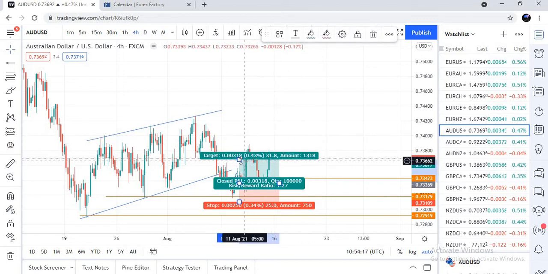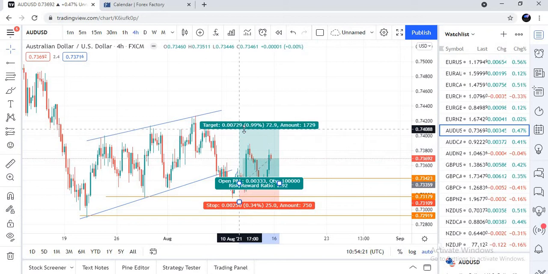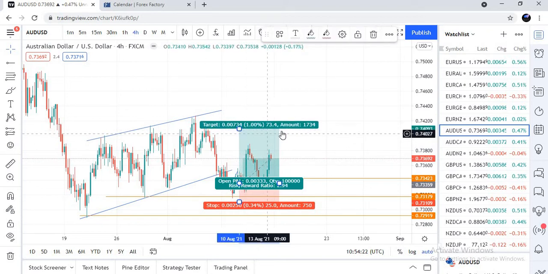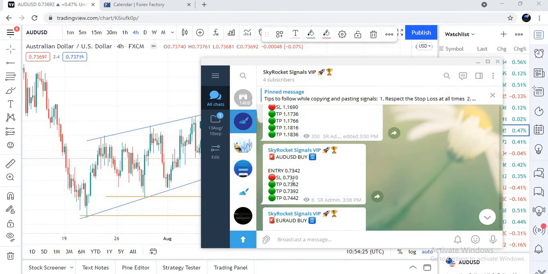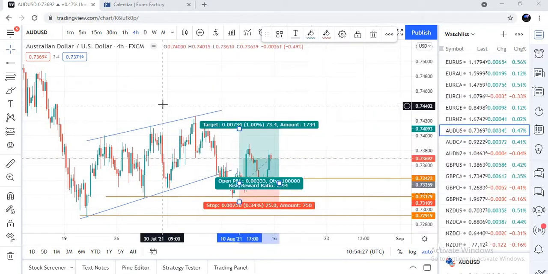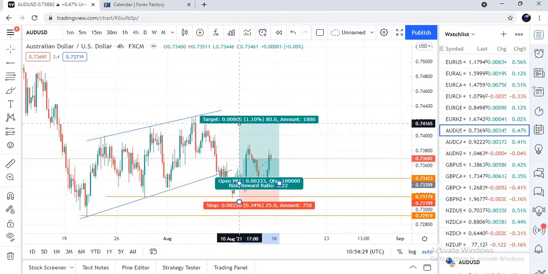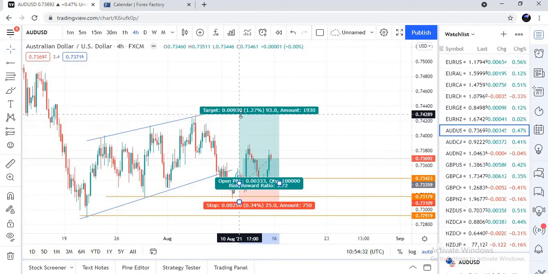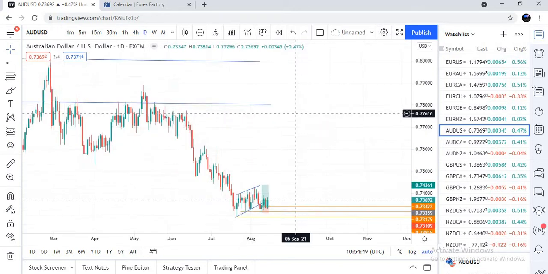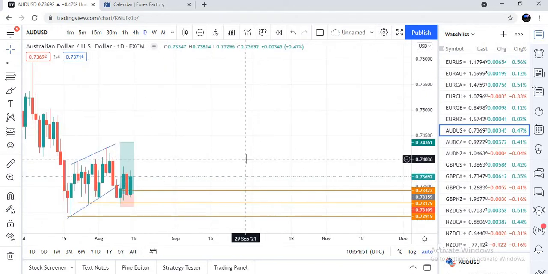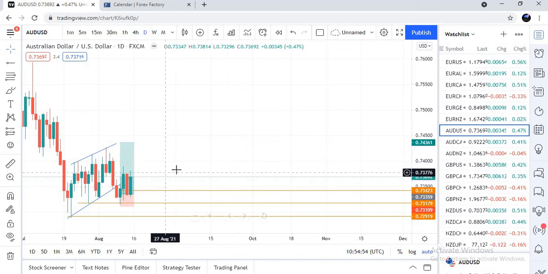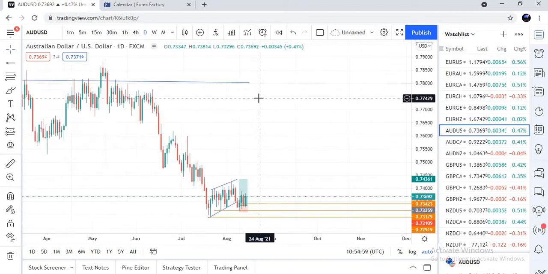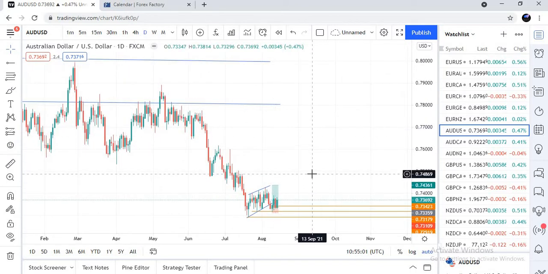So we are predicting that it might still get to about 70 pips, but I think we set a take profit at TP3 of about 100 pips. So I guess it might go about 100 pips, but if it is not going to reach 100 pips, we're going to let the whole group know. We are going to stay alert to see if the price is going to move up or if it's going to retrace and eventually go against us. So we're going to be sending out a signal for the group to close this trade, just in case it doesn't move in our favor.